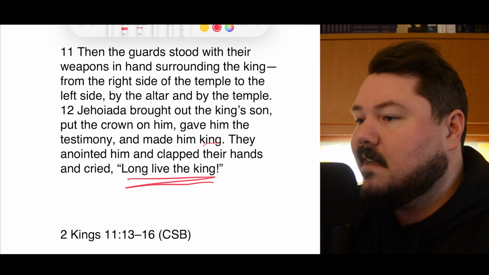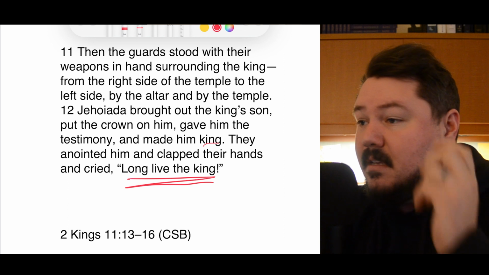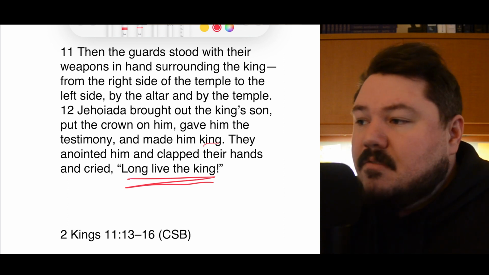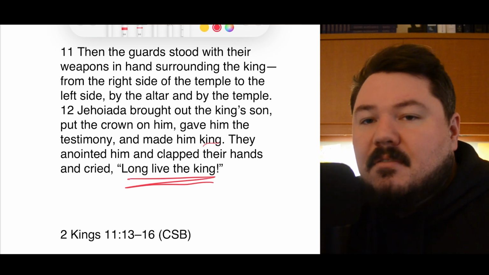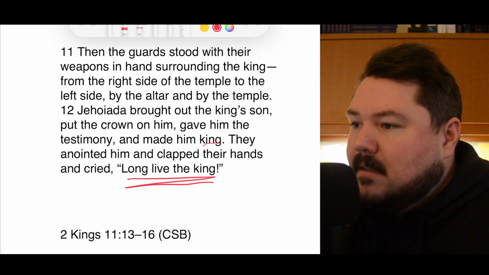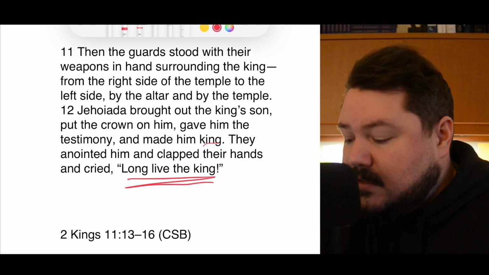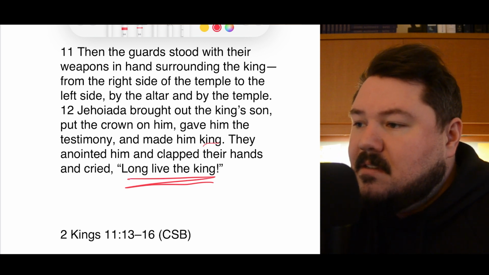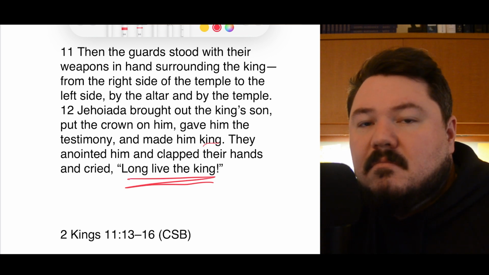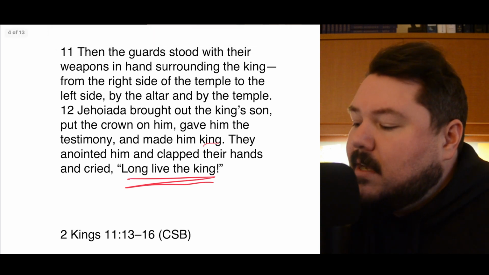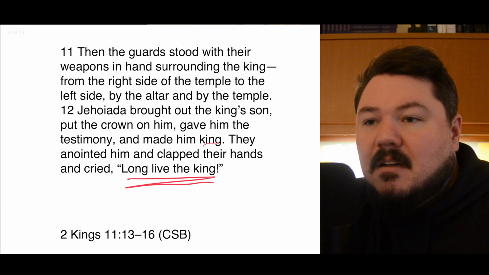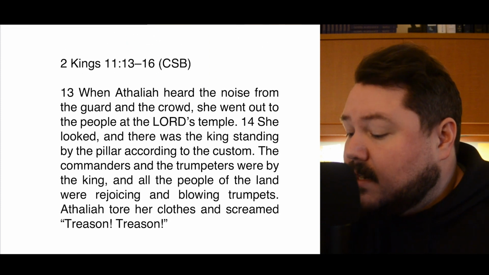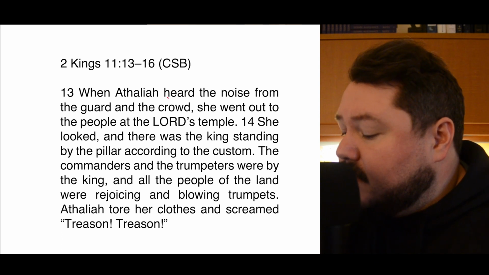So what has Jehoiada done here? He's basically worked it out so that Joash can be crowned king and anointed. And so he situates this whole circumstance to secretly anoint Joash king behind Athaliah's back while she's on the throne. So when Athaliah heard the noise